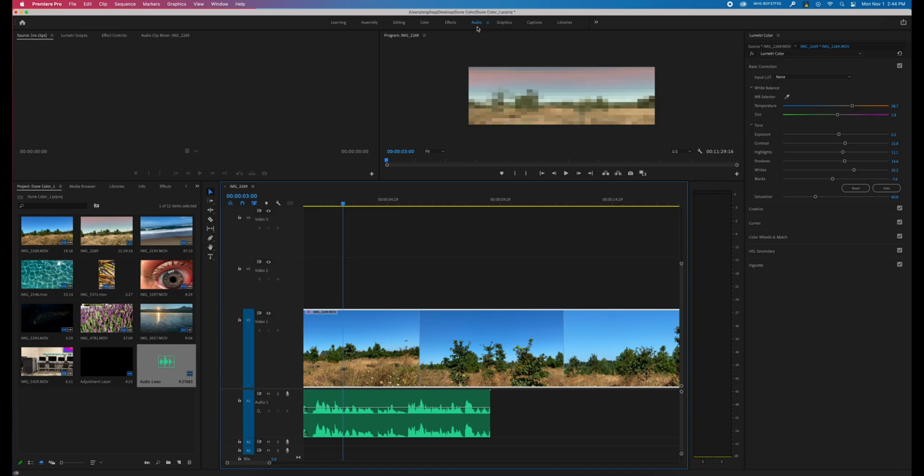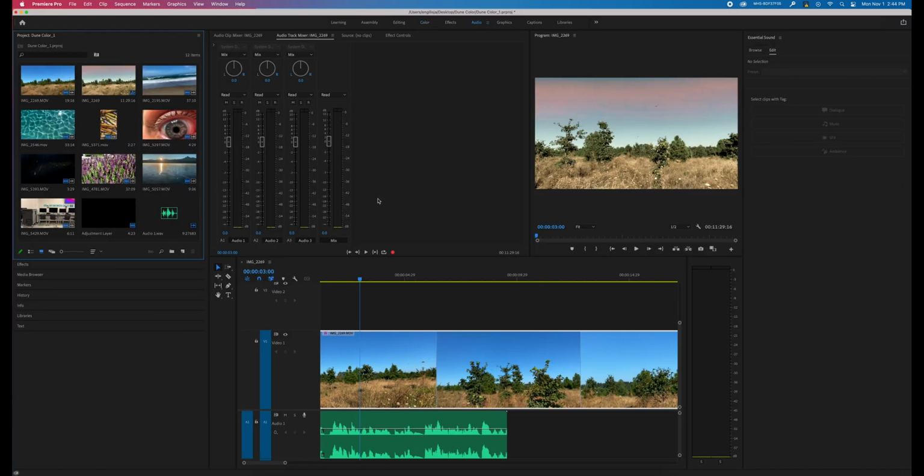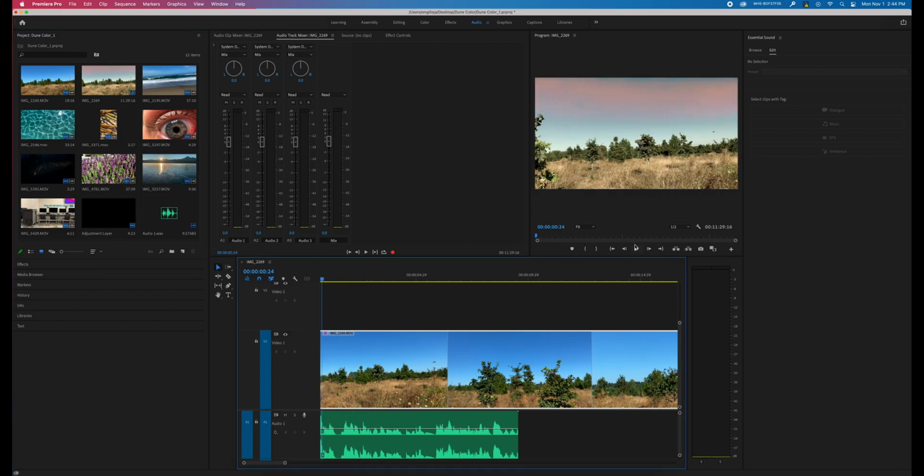You're going to switch over to the audio workflow. And the audio workflow gives you a chance to listen, but also to see how high those volume levels go. So before, when we were looking at it, we didn't get any real color coding, but now when I push play,